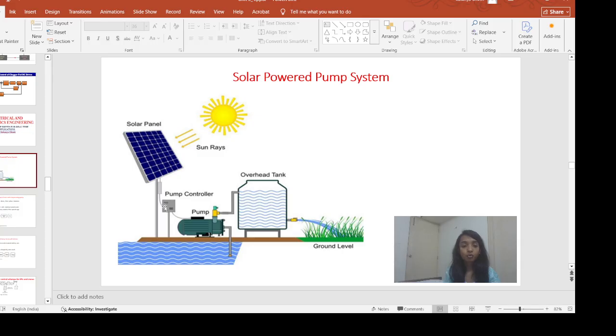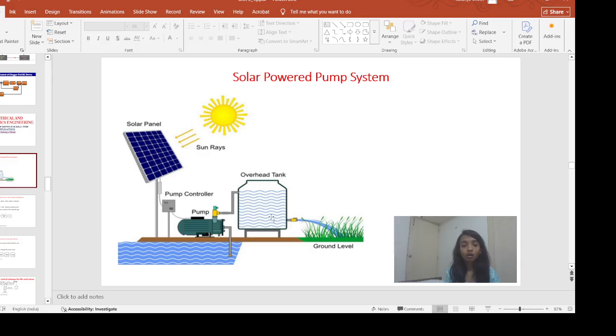Then there is a pump controller. Depending upon the water demand and energy efficiency, this pump controller will regulate the start and the stop of this pump. Now this pump is powered up from this solar panel. And it will draw or move water from the water bodies like well, river, pond, and give it to the overhead tank. This overhead tank is placed at a particular height from the ground level where the water is